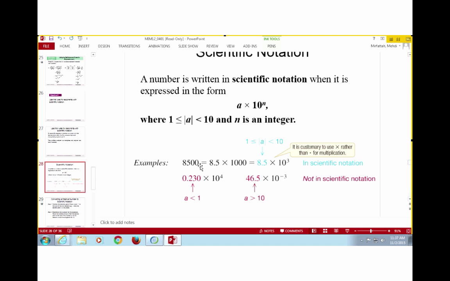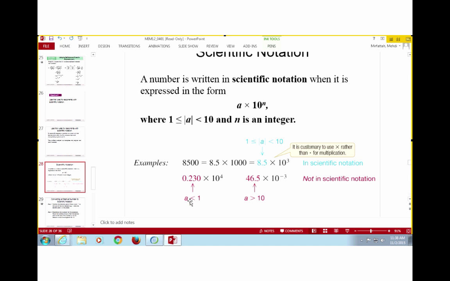So 8,500, when I move this decimal in front of the last zero 3 units to the left and make this 8.5, because I moved 3 units to the left, that would be the same as 10 to the power of 3. However, if I have